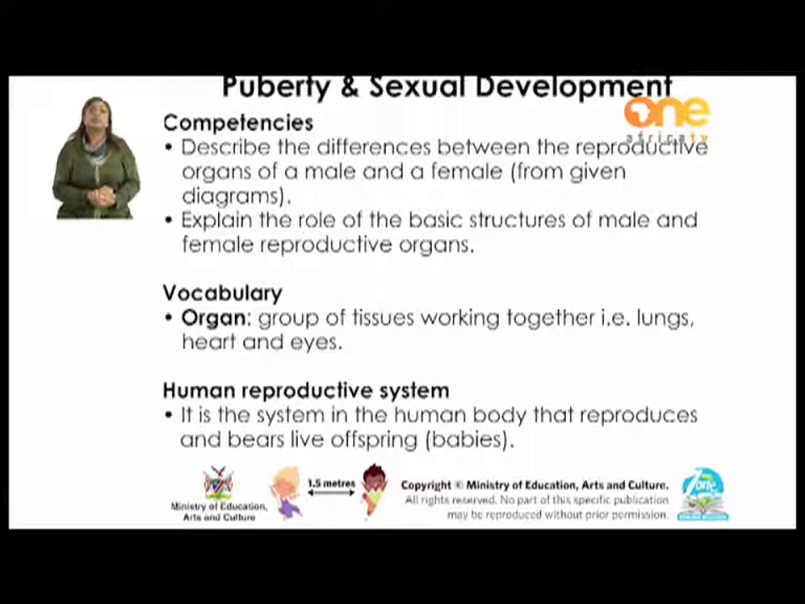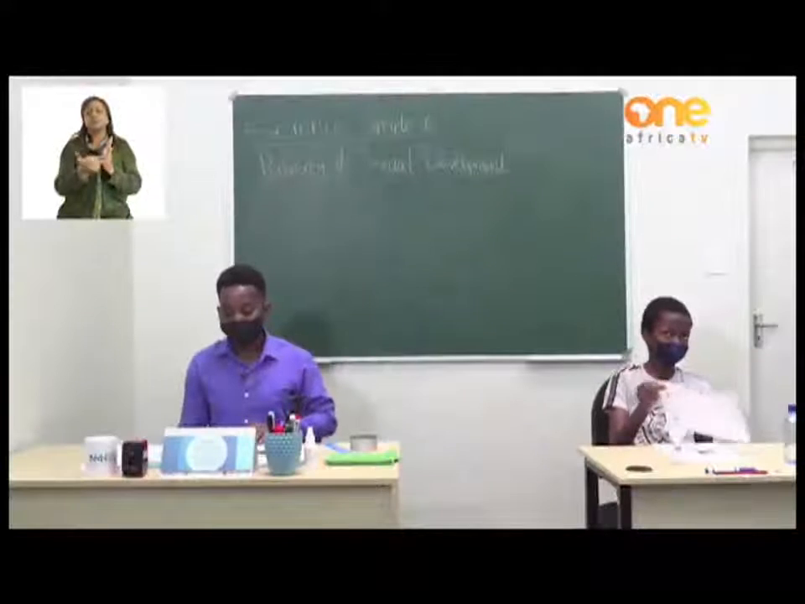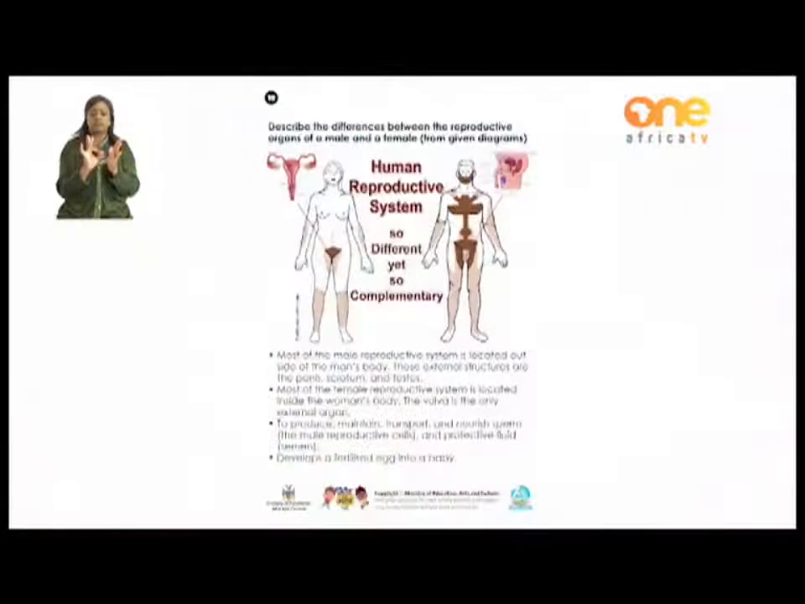The next word is the human reproductive system. It is the system in the human body that reproduces and bears live offspring. In other words, it's responsible for making babies. Let us now turn over to page 18. You should be able to describe the differences between the reproductive organs of a male and a female from given